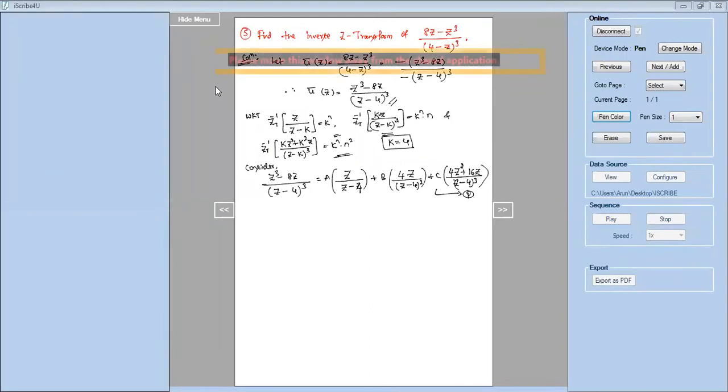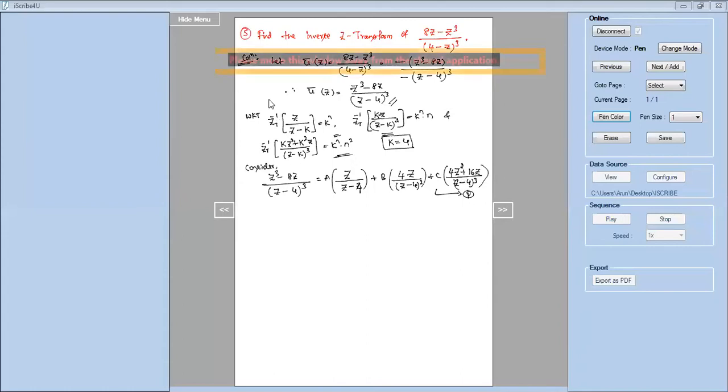Okay, I'll ask you a question now. Suppose you have z minus 4 whole power 4. Can you tell me what the numerator is? The partial fraction will be plus d into some gap I will give in the numerator by z minus 4 whole power 4. What should we have in the numerator?